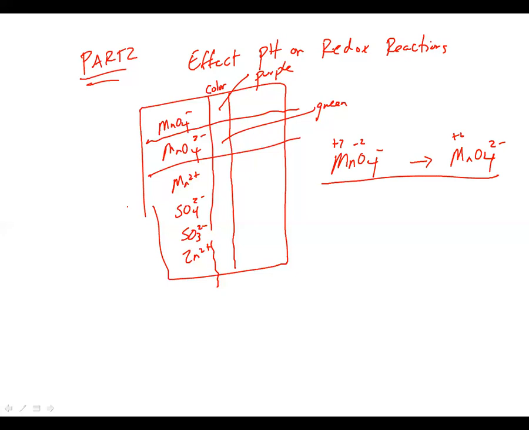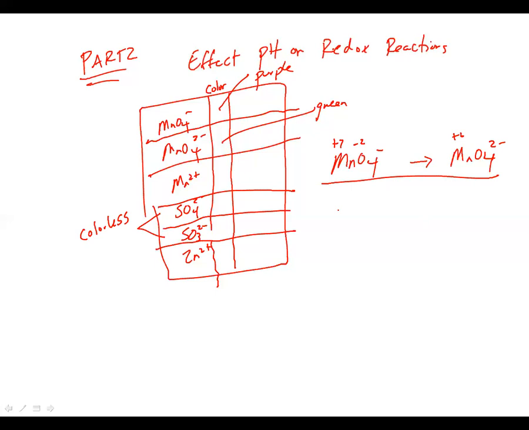Now, I believe a couple on that sheet, the sulfate and the sulfite, when you look at those, are both colorless. So in terms of their description, obviously colorless is not going to be super helpful when you're trying to determine, did I see something change with it? So what you do know, though, in all these reactions, they're redox reactions,